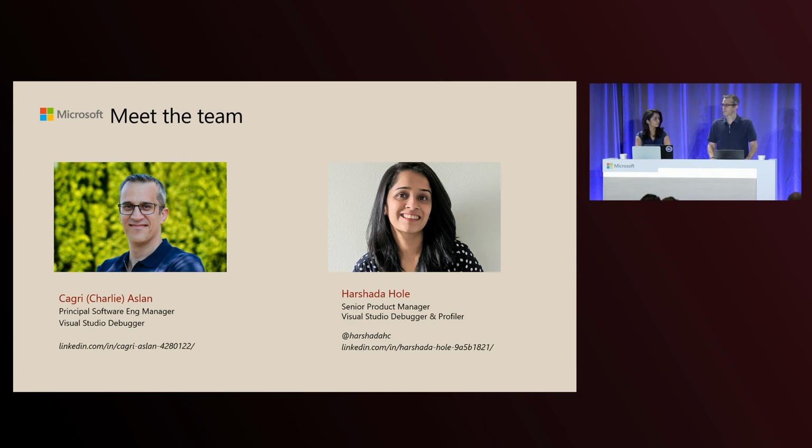And we're going to show you how these new tools can enhance your debugging experience. We'll also cover some of the basic debugging features too, so you can see how they work hand in hand with the existing tools. And by the end of the talk, our hope is that you'll walk away with a clear sense and understanding of how Copilot can help you with your debugging needs. So with that, we can start.